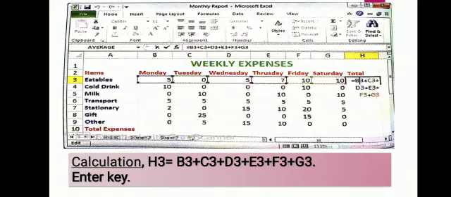So click H3, means you have to select, active cell should be H3. Now in formula bar you have to type equal to B3 plus C3 plus D3 plus E3 plus F3 plus G3 and then press enter key. So the sum of the values of the cells B3 to G3 is calculated and displayed in the H3.